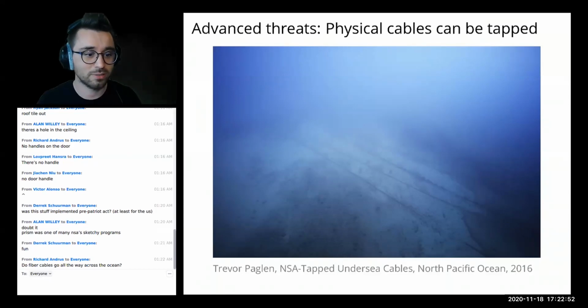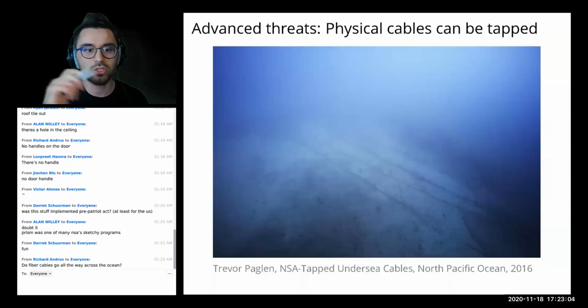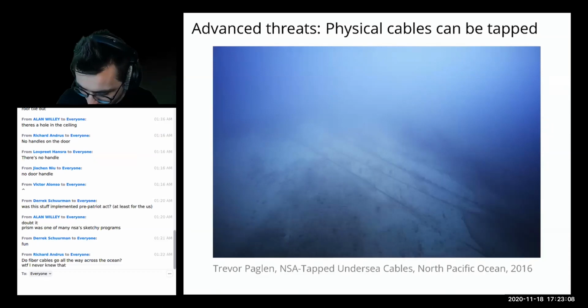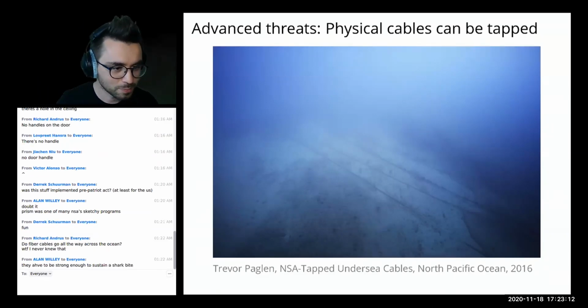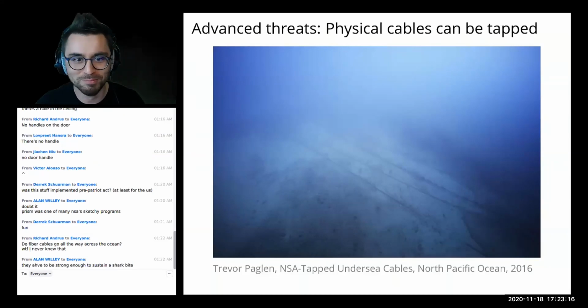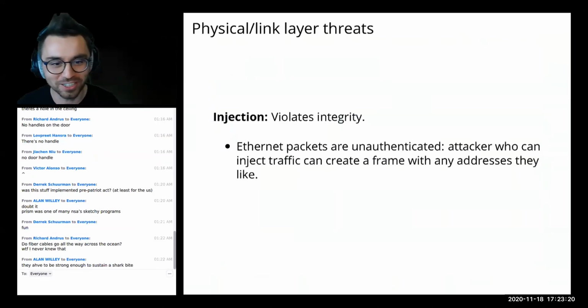Yeah, so these fiber optic cables go across the ocean, and there's lots and lots of them, and sometimes people are trying to add more to improve the stuff that's going across continents. And there are definitely parts of, I think, La Jolla that were complaining about these kinds of things. We will not get into shark bites, but I appreciate mentioning sharks in a security class.